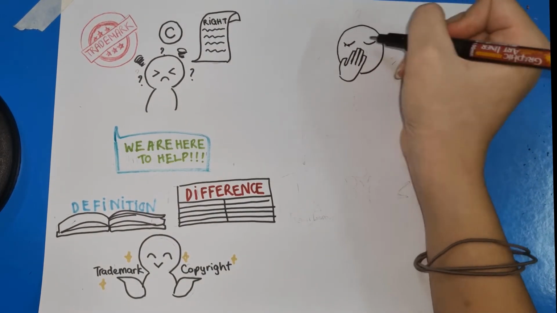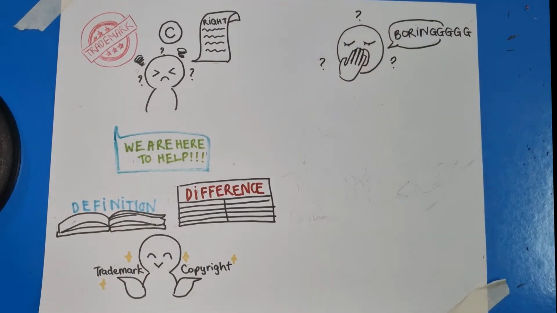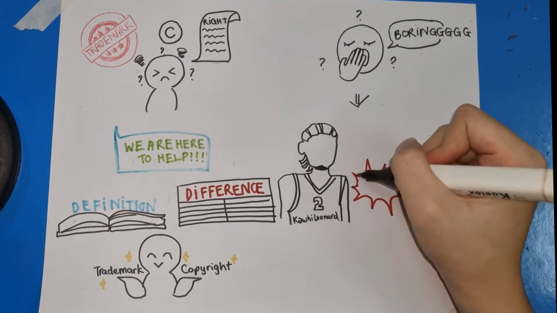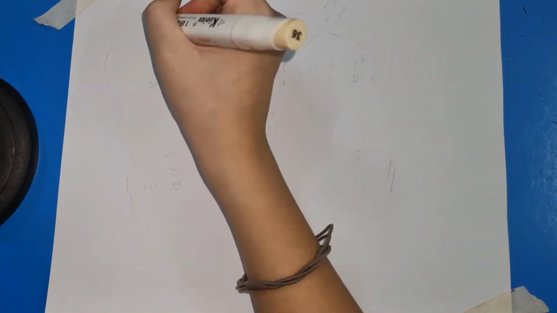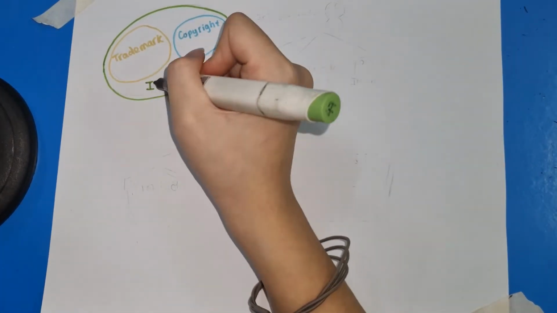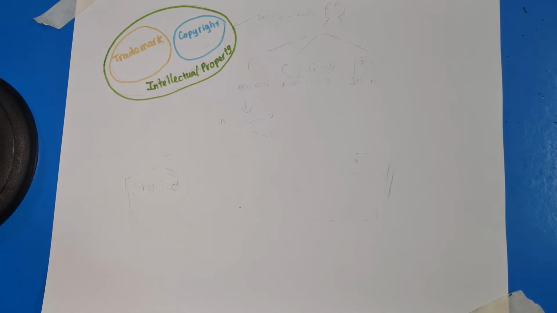In case all those theories would sound boring to you, not a problem, because we'll bring you a case between Kawhi Leonard versus Nike. Regarding the definitions, trademark and copyright are both subject matters of intellectual property, which can be